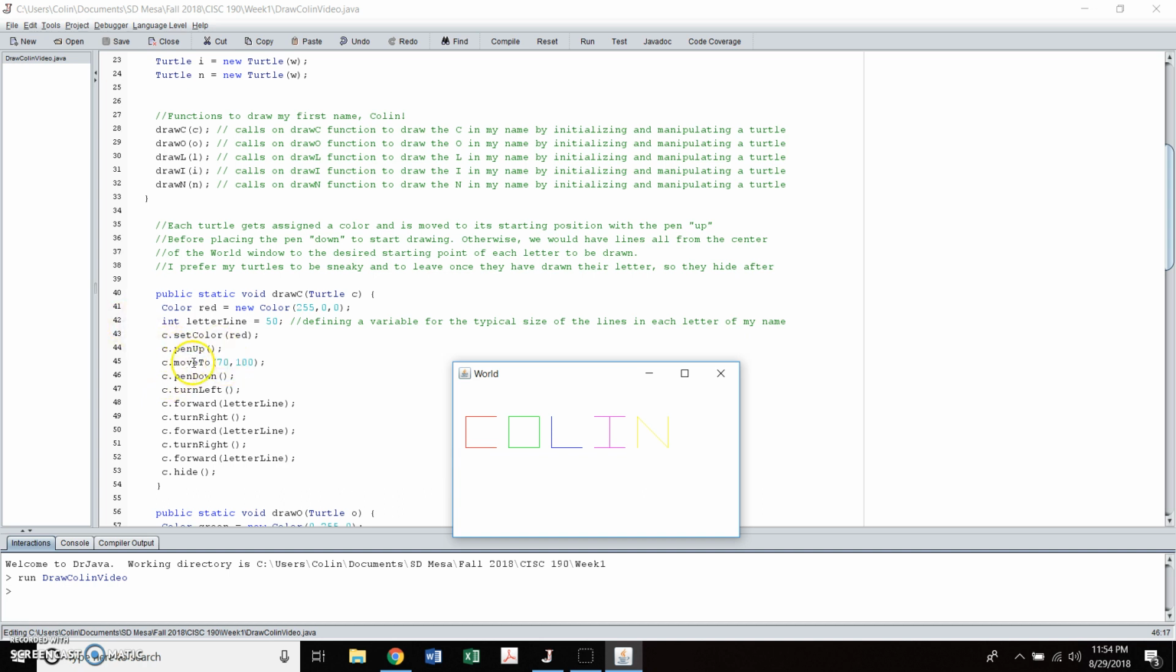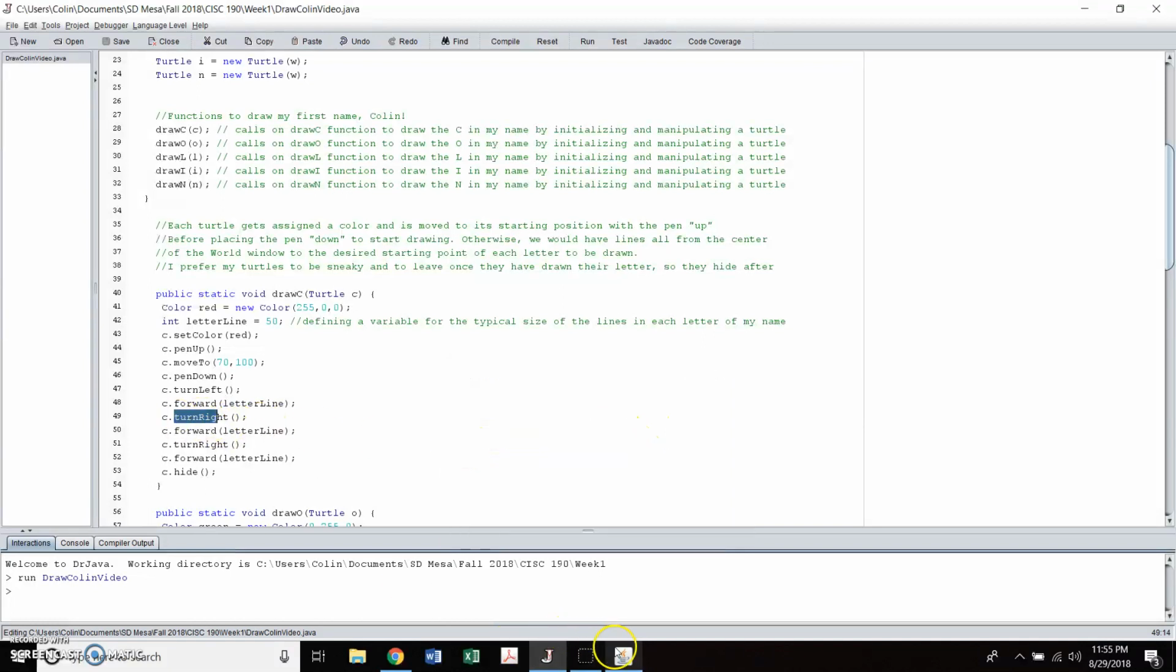In this case, you see c.moveTo 70, 100. So this is moving to a position that is 70 pixels away from the left side of the world object and 100 pixels from the top of the world object. In this case, I believe that means I start at the bottom of the C. I then immediately turn left because the turtle will always be facing straight up. If I want to make a line to the left, I need to turn my turtle left from going forward. So I proceed forward by the value of letterLine, 50 pixels,